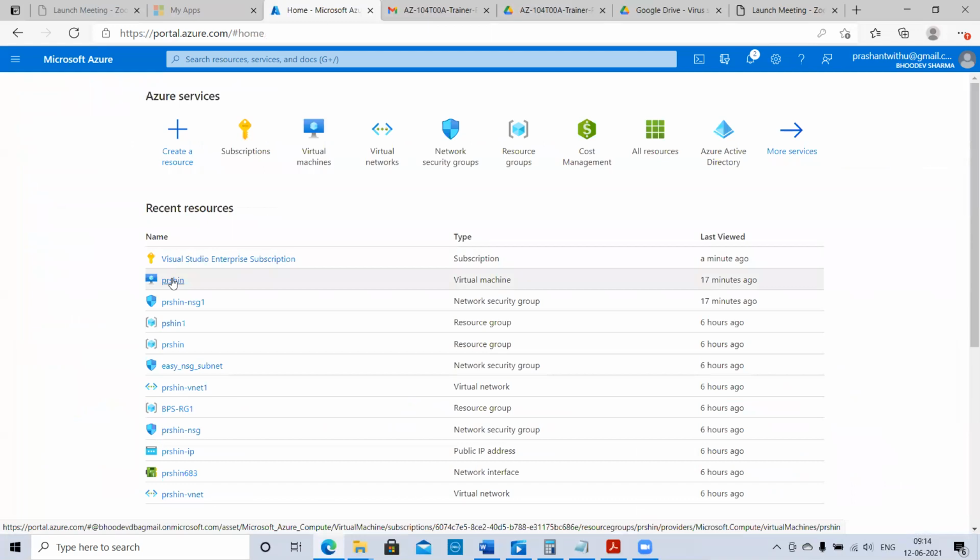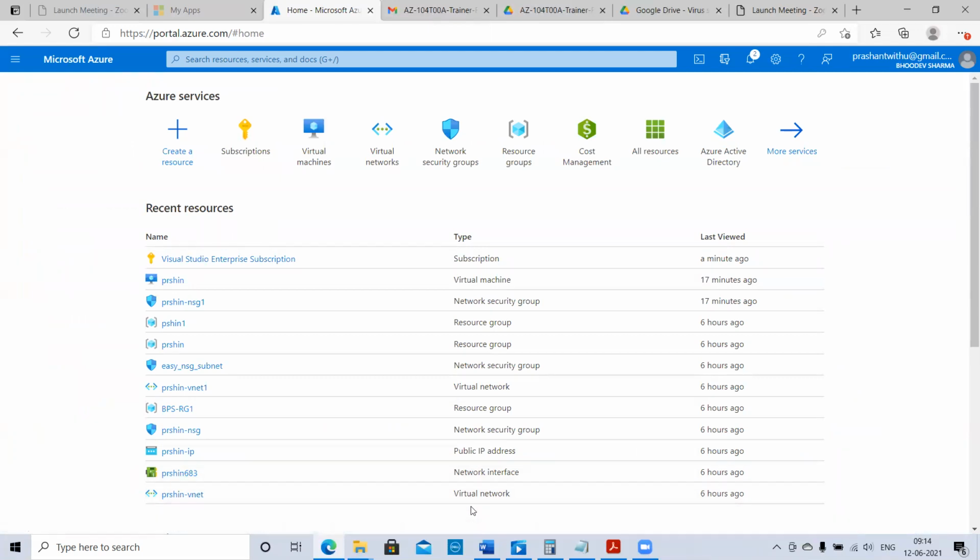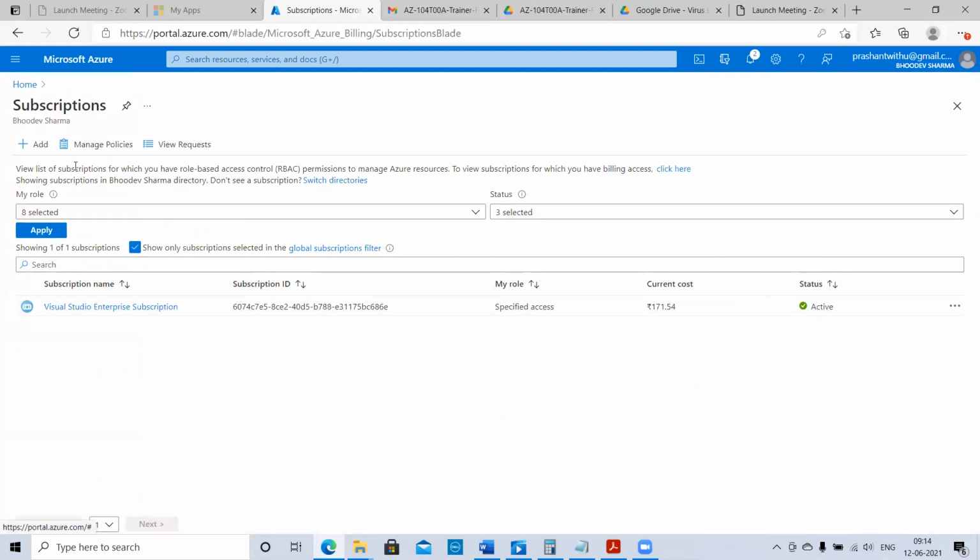A virtual machine is there. Oh, I deleted the virtual machine before the class. That's why. No problem, so delete it then. Others are free, whatever I have. Virtual network also, there should be 5 rupees, 4 rupees, 10 rupees, something should be there, right? If I created this virtual machine yesterday night and today morning I deleted it, then whatever number of hours it ran, it will be billed, right? So here you are saying